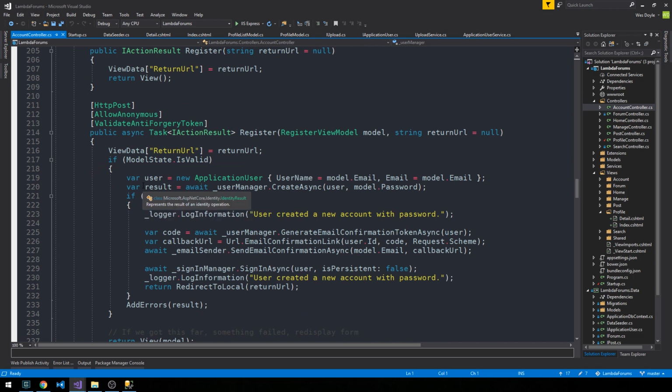You can see that it's going to create this new application user object, and it's setting the username equal to the model.email and the email equal to the model.email, which is not correct. I think that the username should be set to the model.username. And so we need to actually go ahead and set that properly and add that to our register view model